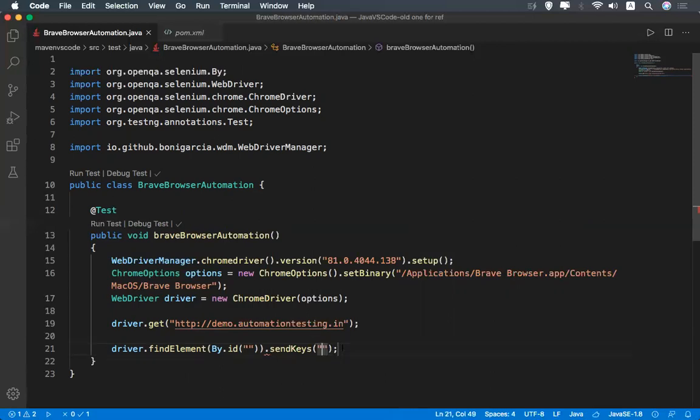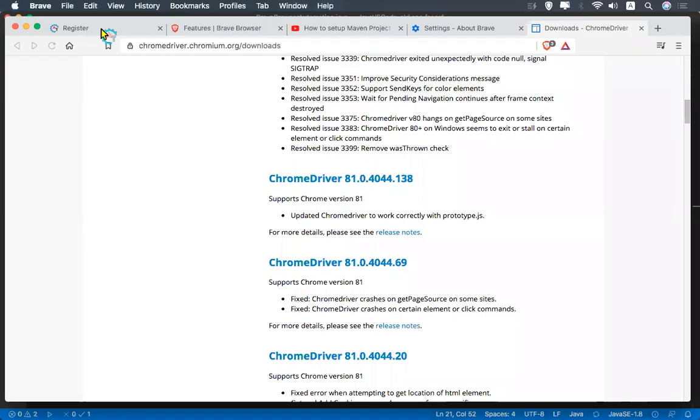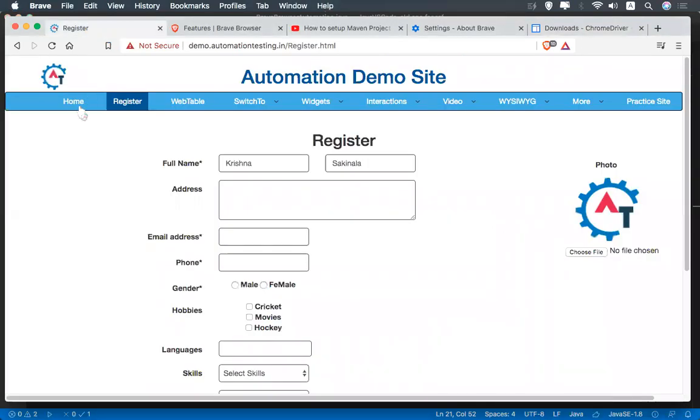So let me go to the browser again. So this is the one, right? Register.html. This one, the home page, when you can inspect the element how you did in the Chrome.